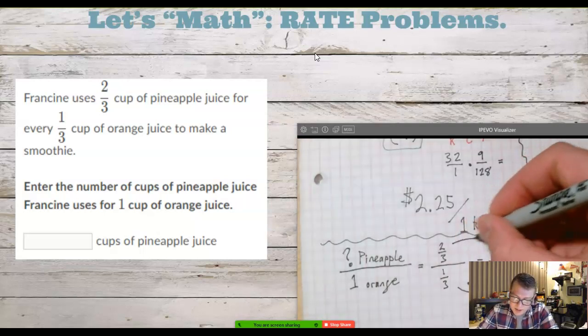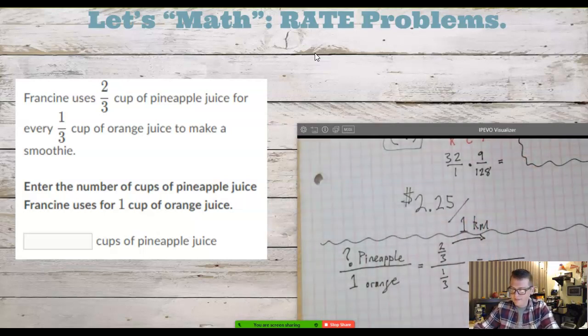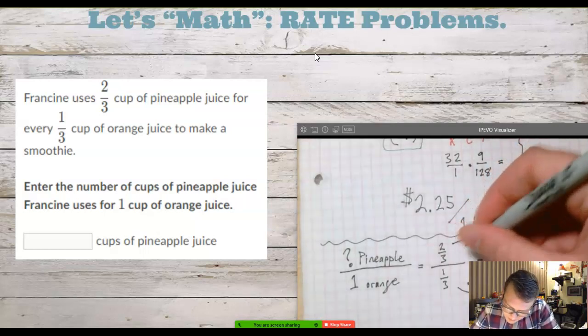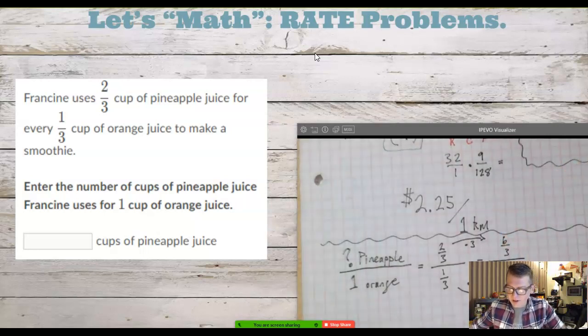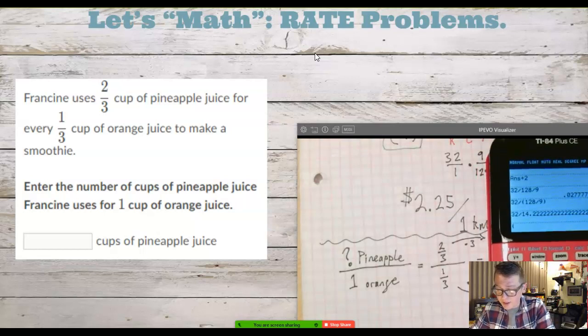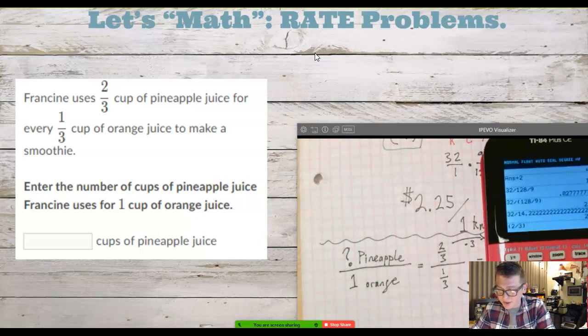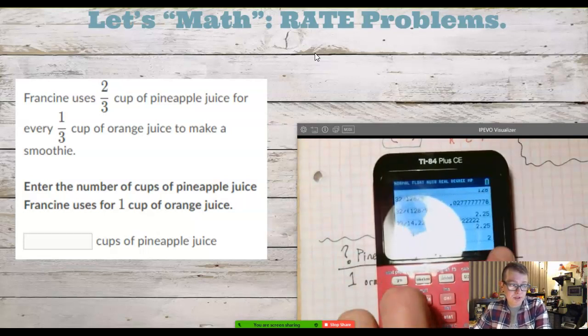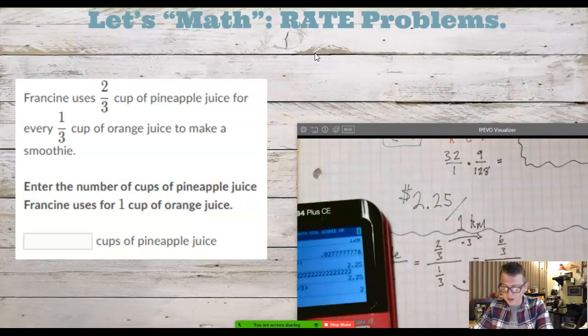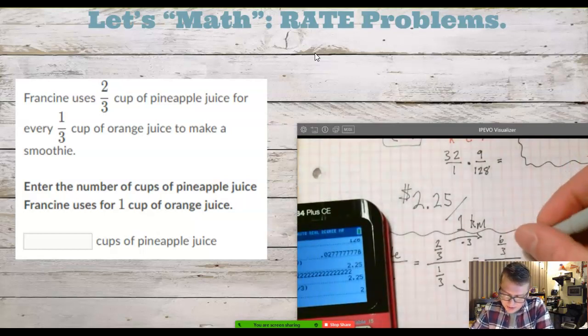Now, we could just type this in our calculator. If we multiply by 3, we get 6 over 3. Or using parentheses, 2/3 divided by 1/3. If we let our calculator do the work, 2. And lo and behold, what is 6 over 3? 2